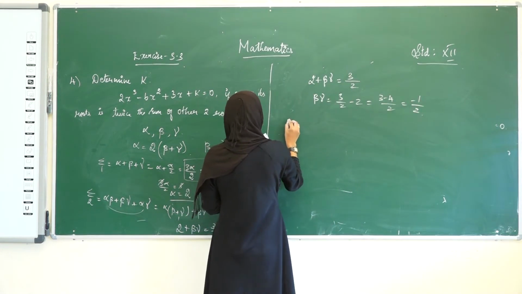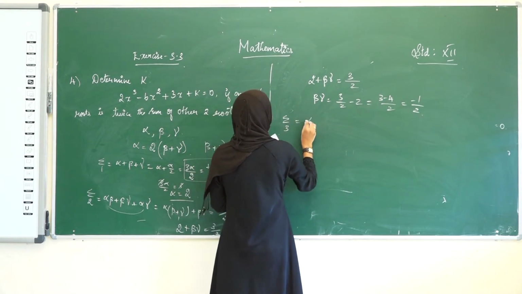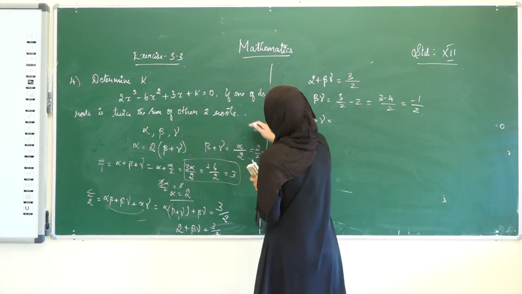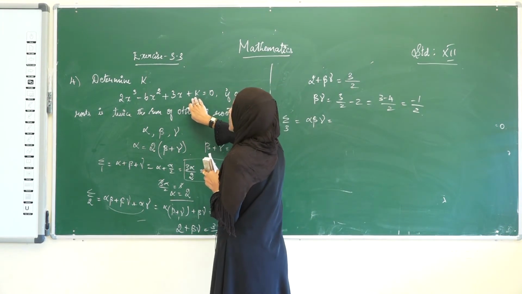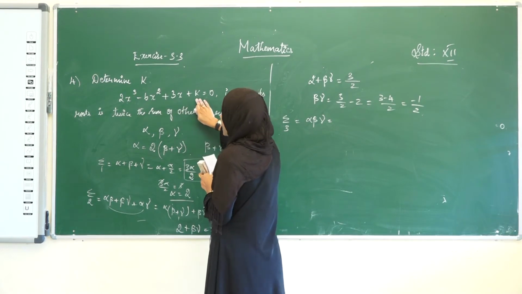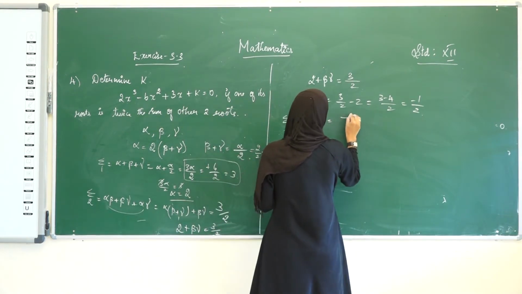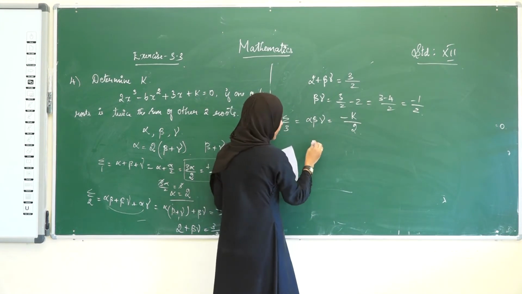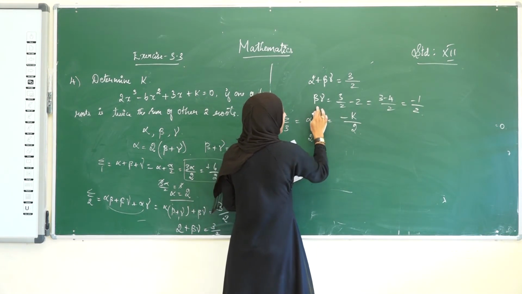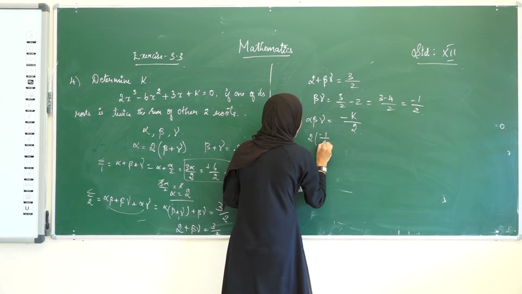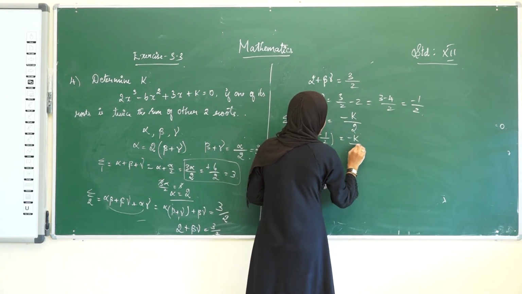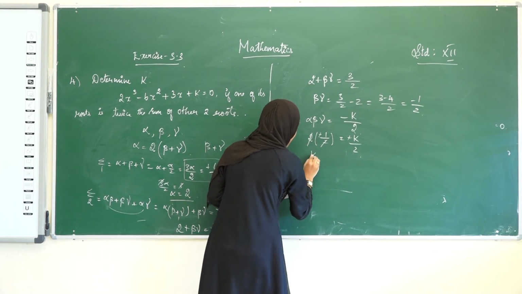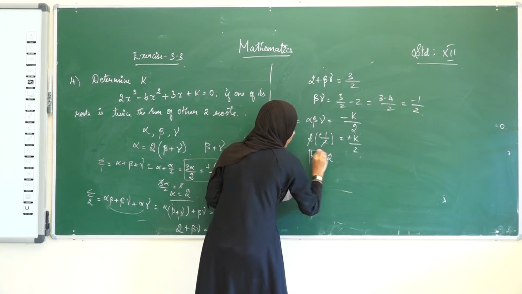Okay. Then summation 3, the product of the roots alpha, beta, gamma. Alpha, beta, gamma's value is, here it is k. The answer should be minus d divided by a. Therefore minus k. We know the value of alpha, that is 2, into beta gamma's value. From this we got minus 1 divided by 2, which is equal to minus k divided by 2. This 2 and this 2 get cancelled, this minus and this minus get cancelled, therefore k's value is 2.